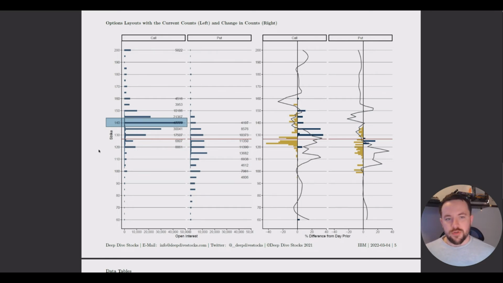The call walls are interesting, especially in IBM's case, because it depends if they're sold calls. So did retail investors sell those calls, or did retail investors buy those calls? Depending on which one of those possibilities it is, will determine how that call wall starts to affect the price as the price either moves away or towards that strike price. So right now at 140, we have approximately 47,777 calls. Not too shabby.